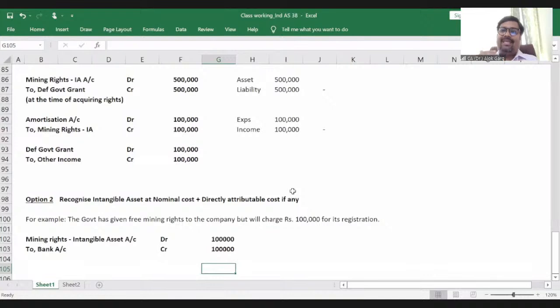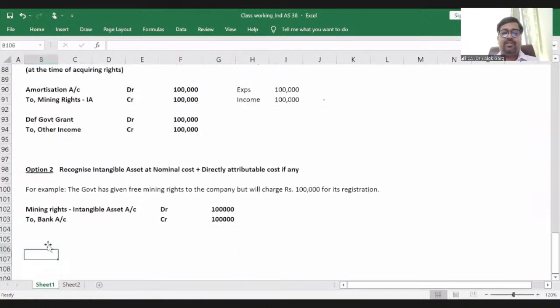So in my example, the government has given this right free of cost, but the government is only charging 1 lakh rupees as a registration charge. This registration charge is a directly attributable cost which has to be added to the nominal value of the asset. So I have not considered 1 rupee here because there is 1 lakh rupees of cost. If there are no registration charges, then